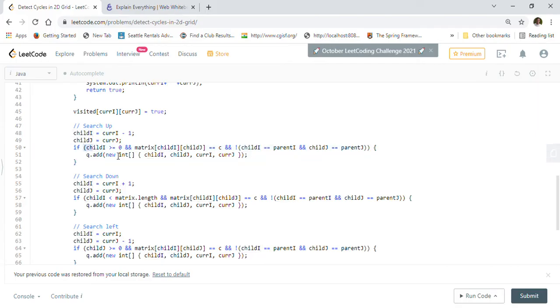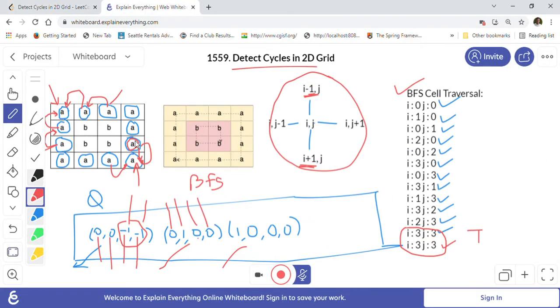And then we will add that element into the queue here. So child i and child j, right? Because we have modified it now. From current i, current j, the child i, child j, we will put it in here, and current i and current j will become the parent, correct? So let me show you what it means. So here 0 0 minus 1, right? I don't have much space here, so let me write here. So 0 0 minus 1 is the first cell, and this is the next cell that we are visiting, right?